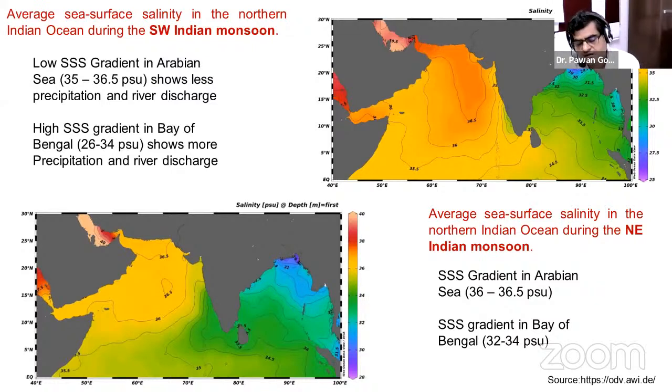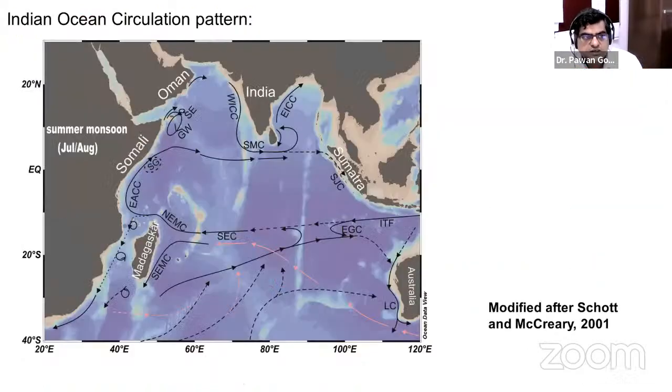So sea surface salinity gradient is quite high in both the periods, in both the monsoon and Bay of Bengal compared to Arabian Sea. So again, I just would like to say about the Indian Ocean circulation pattern. In Indian Ocean circulation pattern during the summer time, WICC, Western Indian Coastal Current, takes a high salinity water into the Bay of Bengal, and Indonesian throughflow, which you can see here, and then it mixes up with the southeast Madagascar current and northeast Madagascar current, and then East African coastal current, and then goes